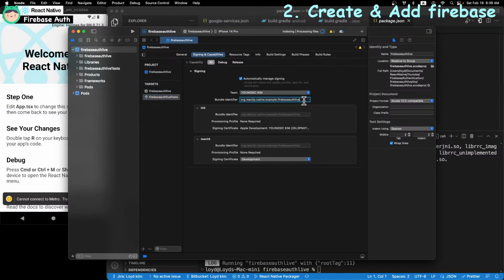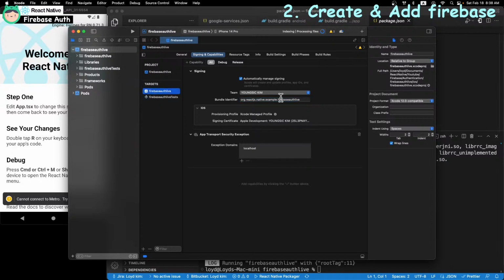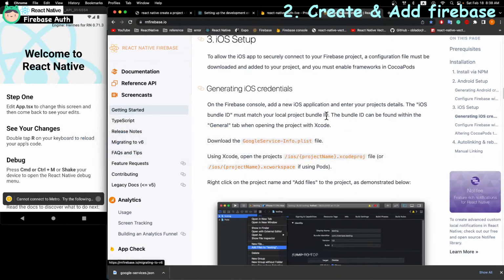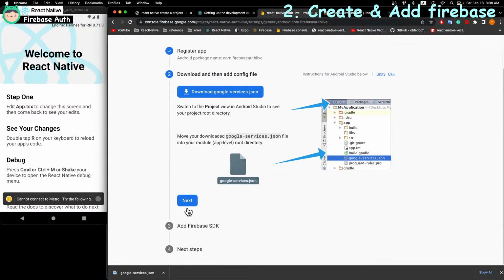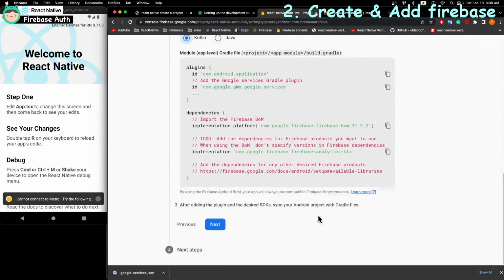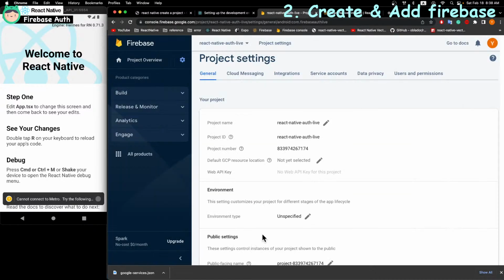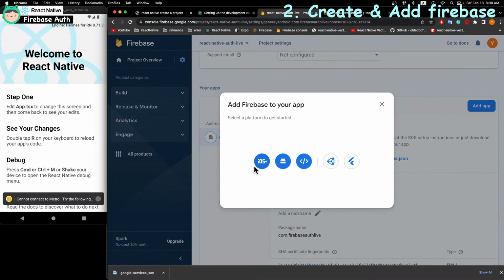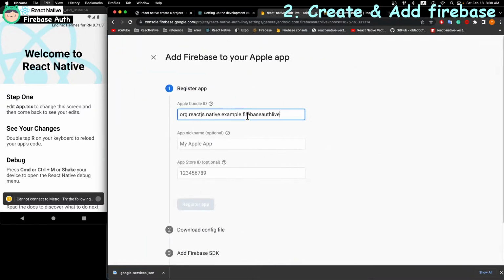So I will use this bundle ID to create the Firebase project. Next, I already finished it. Continue to the console and add app, iOS, bundle ID, then register app,